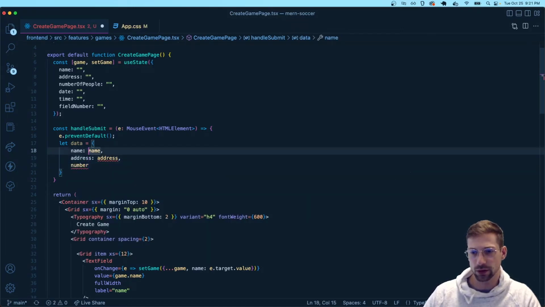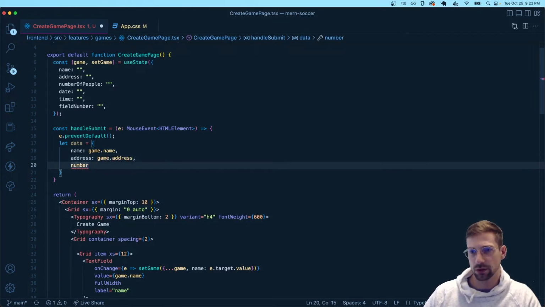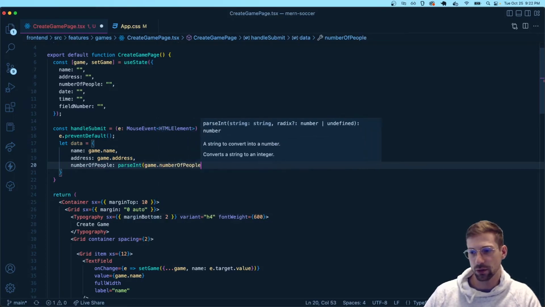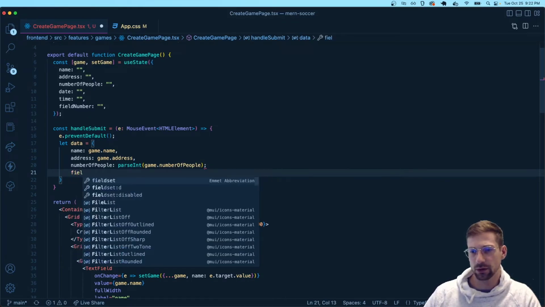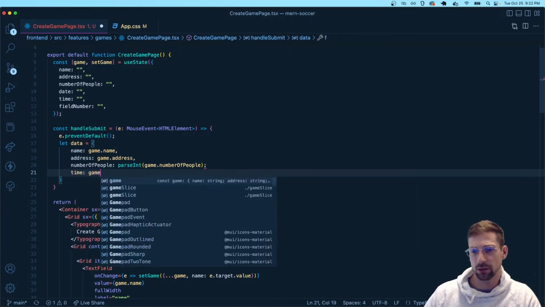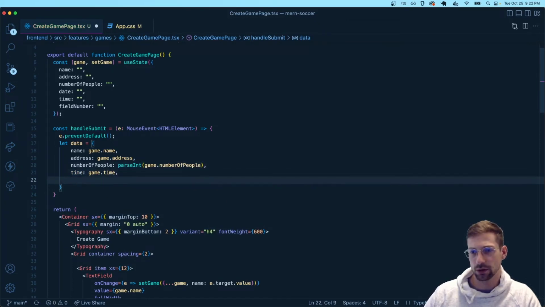And I should put game.name, game.address. Then I'm going to put number of people equals parseInt the number of people. That way we can change that. And field, well, time: game.time, there should be a comma, field number, and I'm leaving the date at the end because